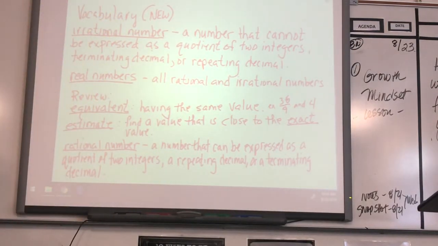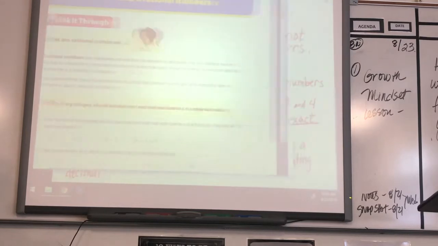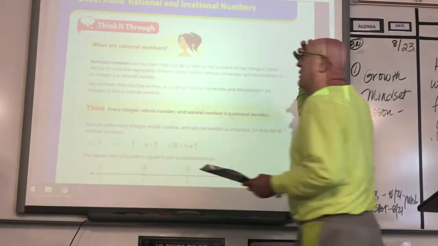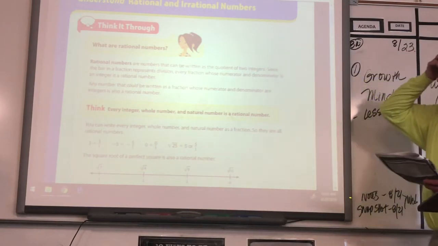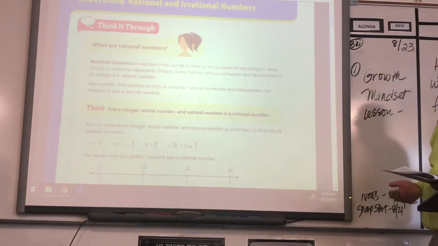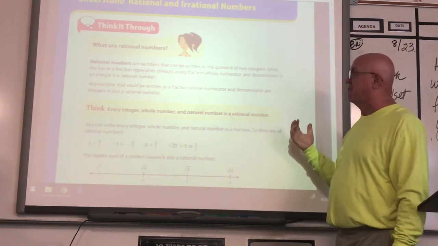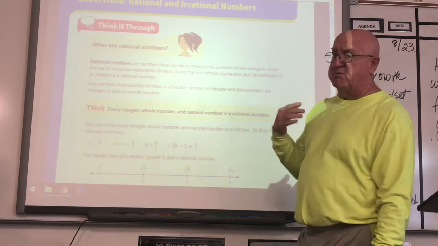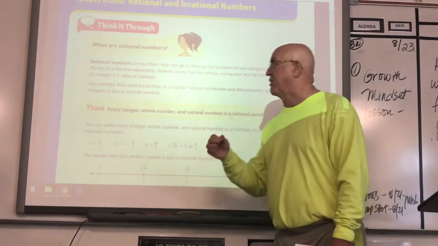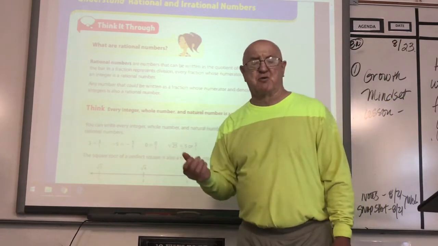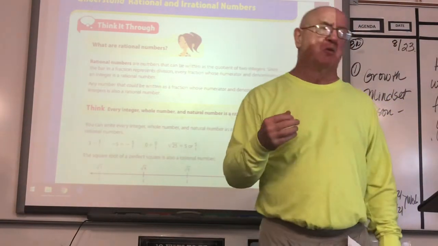If you'll turn in your books. Turning your books to page 24, then we can go ahead and start. So we're going to start talking about, think it through, what are rational numbers? Well, rational numbers are those numbers that can be written as a quotient of two integers, and then since the bar of a fraction represents the word division, every fraction whose numerator and denominator is an integer is a rational number. So by that we're saying